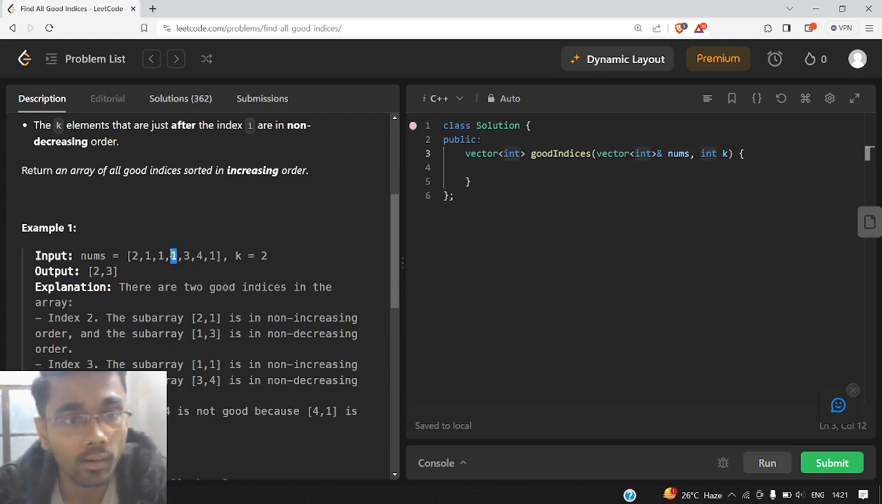Now we will check with the third one. The k elements before index 3 are 1 and 1. They are in non-increasing order, and the k elements after it are in non-decreasing order. So index number 3 is also a good index. Now we need to check index number 4. So 1 and 1 are in non-increasing order, but 4 and 1 are in decreasing order. So this condition is not satisfied. So index number 4 is not